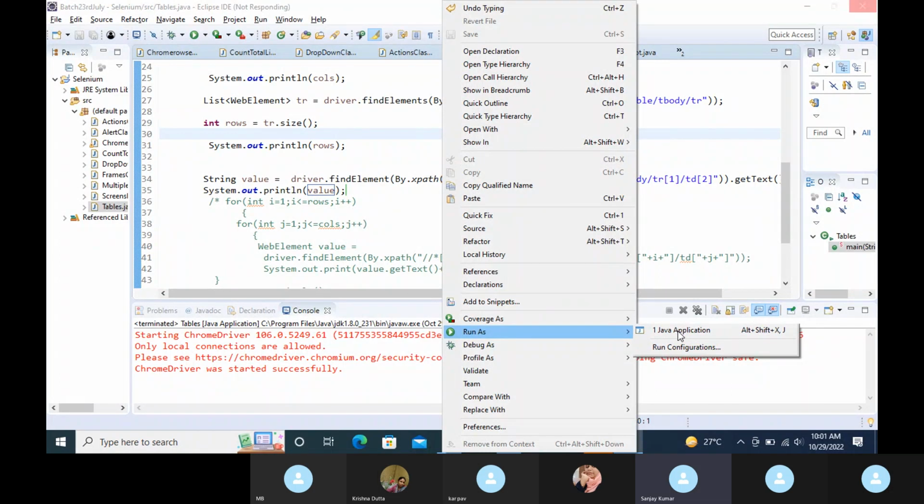In future, if the value changes, then the time this XPath will work, or